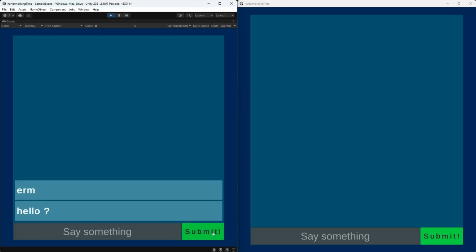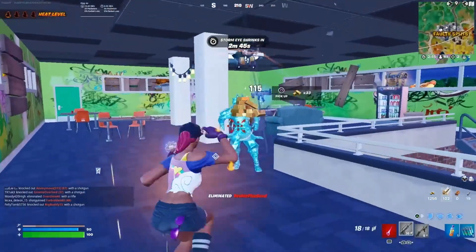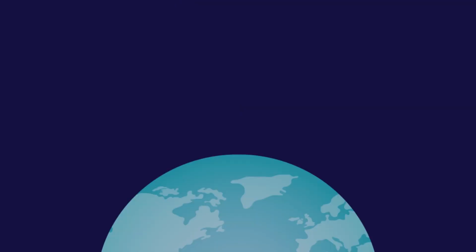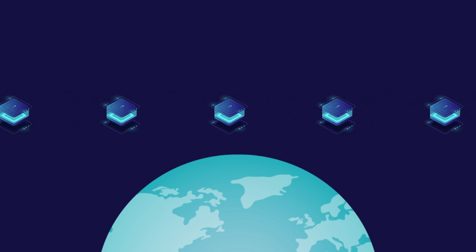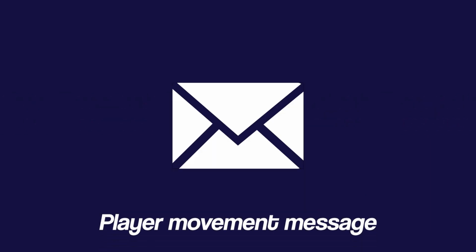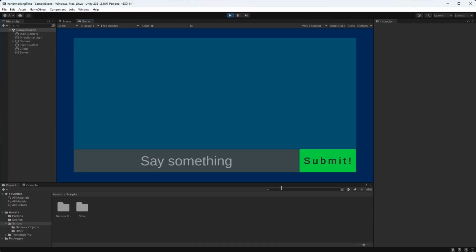The way we're going to send this message to other players in our game is conceptually the same as sending any other type of information we need to enable a multiplayer experience. For example, player movement, weapons being fired, the placement of a unit in Clash Royale, and so on. This information can all be sent via network messages. The major difference is just the data we choose to send. So while in a player movement message we would send data to represent a player's position, such as an integer, float, short, or whatever, in this text chat message we're just going to send a string of the message a player has typed out.